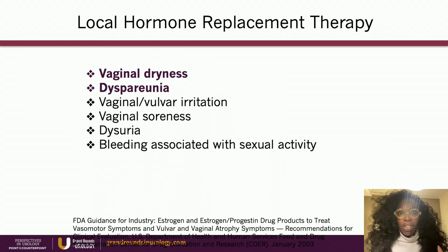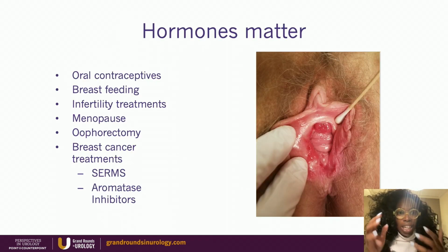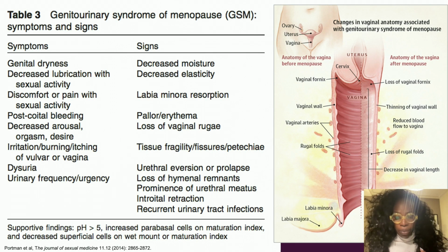So when we talk about vaginal atrophy, I think we need to start talking about it from a standpoint of we are literally having significant changes in our anatomy solely because of negligence. There should be no reason as to why these patients have any sort of changes in the vulva, because we have really obvious, easy ways to fix this and prevent this. So let's see what happens when we